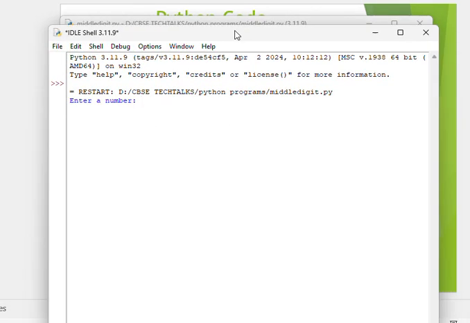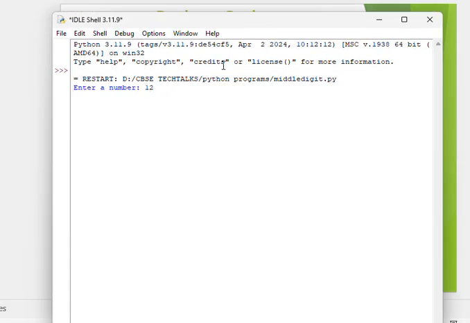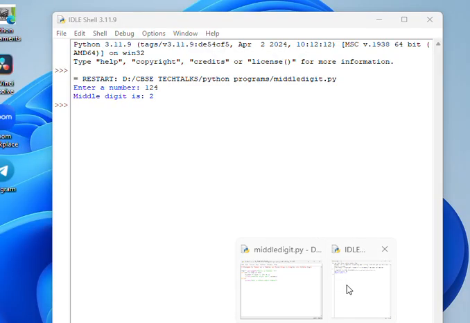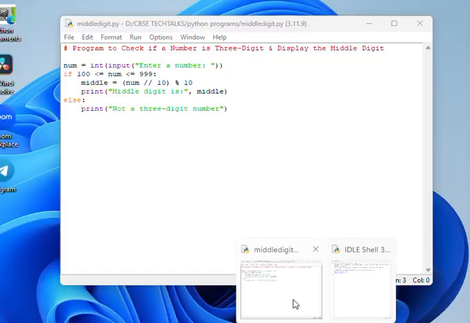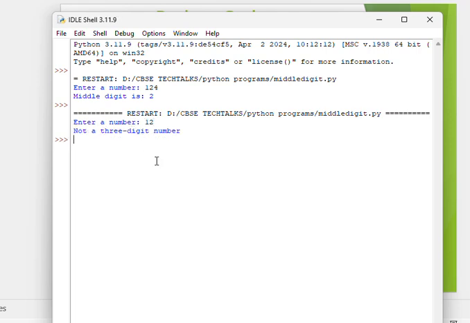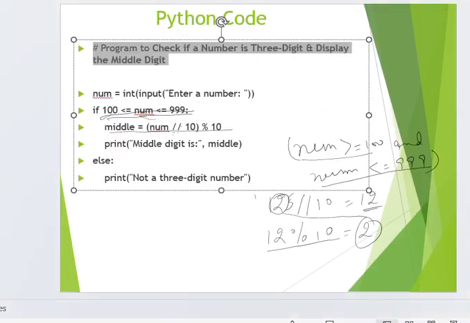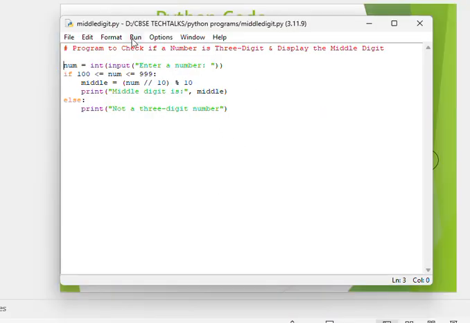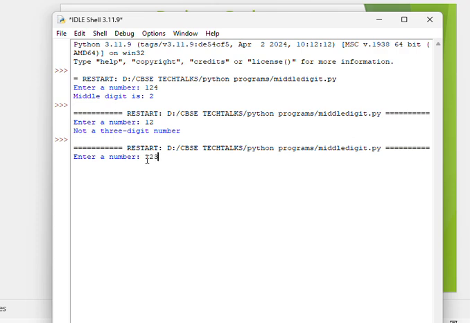Enter a number. We will be trying with all the possible inputs. So first I'm trying with 125. So we are getting the middle digit as 2. Let's try with some other number, maybe less or maybe greater, so it should give us output in both cases. Run. If I write only 12, it says not a three-digit number. Okay, it is less than three digits, so it is giving that. Let's try even four-digit or five-digit, more than three-digit numbers. Okay, so it works with fewer as well as more digits, and when you enter three digits, it is giving you the right answer.